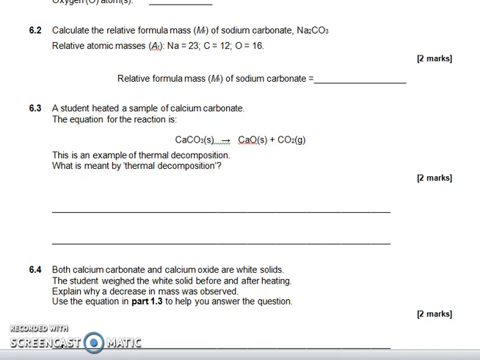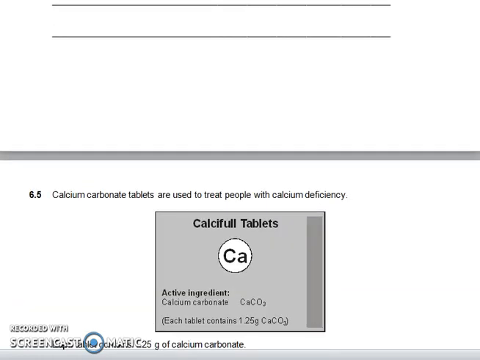6.3, thermal decomposition. 1 mark for each of the words that are in the quotes there. So thermal is heat. So if you said it's involving heat, there's 1 of the marks. And decomposition is about it breaking down. So ideally, you're writing a sentence like, it's a reaction where you're using heat to break something apart. For 6.4,